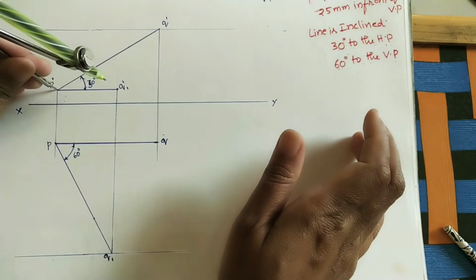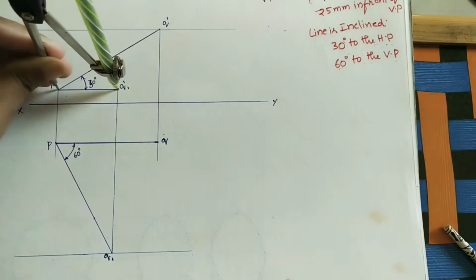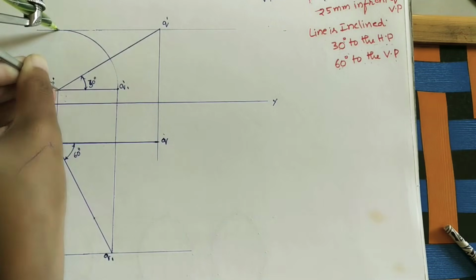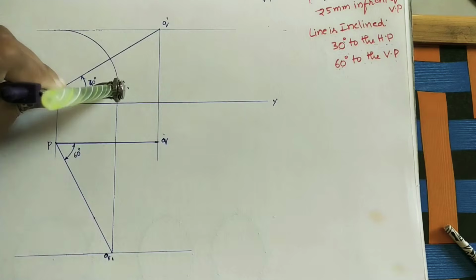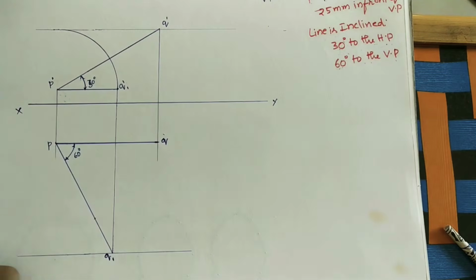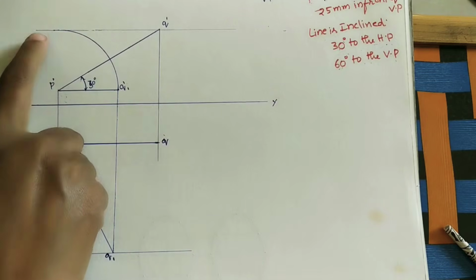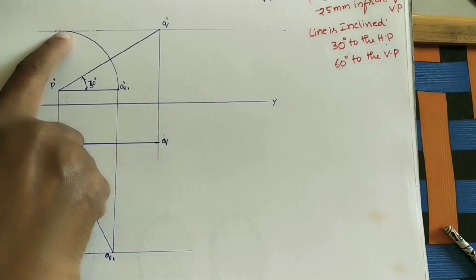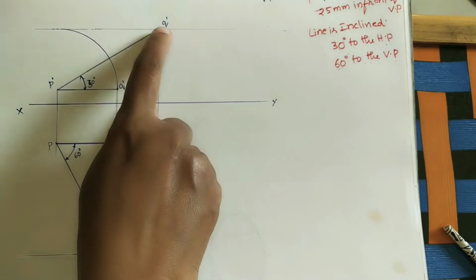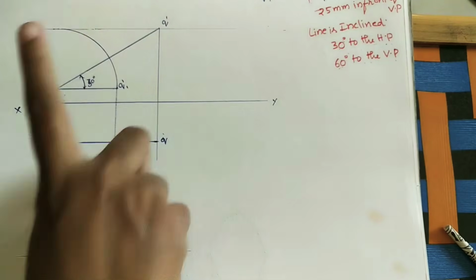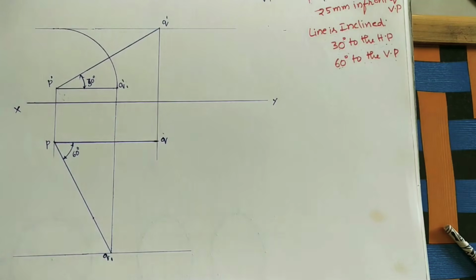Now take this length, whatever length, and extend it up to this line, the locus of Q, in the front view. Take the intersection point of this curve and this line. It is the final Q point in the front view. Give it some other name instead of Q, because Q was an assumption where we took only 30 degrees. Give it here Q2. Okay, Q2 dash for the front view.